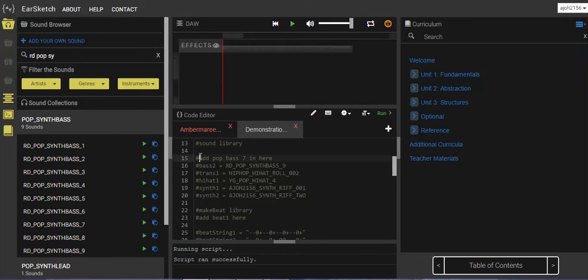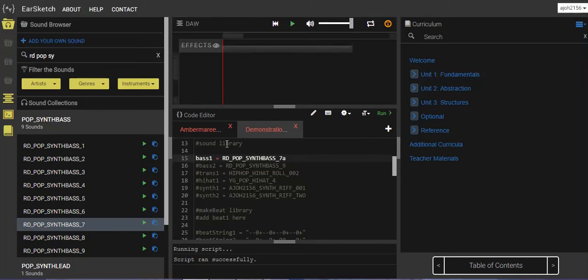So to add a sound to the library, we first name it. I'm going to name mine bass 1. And we say that that bass 1 equals a clip that I've chosen from here. Now I want number 7. It sounds like this. Awesome. So I just press paste sound and in it goes. Get rid of my little comment,